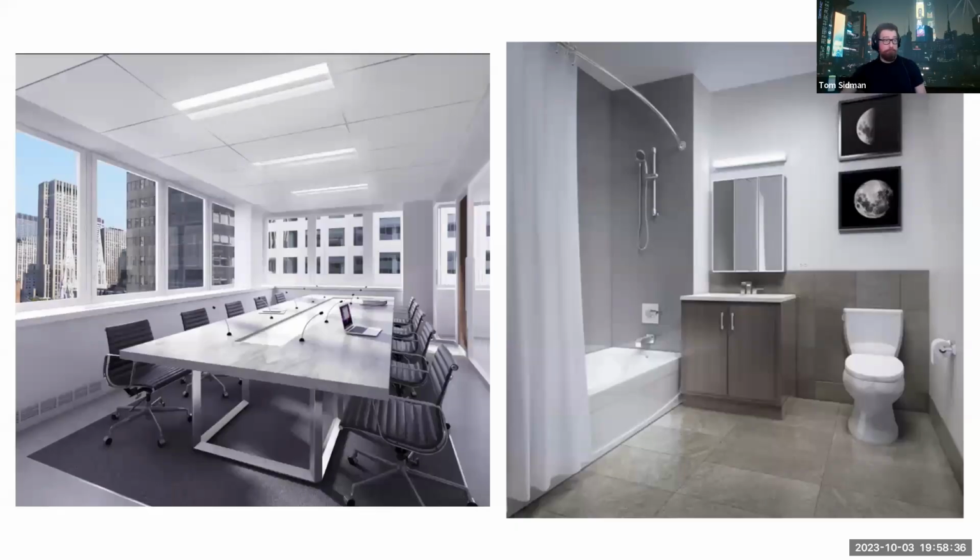Now we're talking about mood and lighting, and the images, these are both 3D, by the way. The image on the left is a special one for me because it's the first one I ever rendered at a professional level for a company. So I have always kept it. And really the great thing was